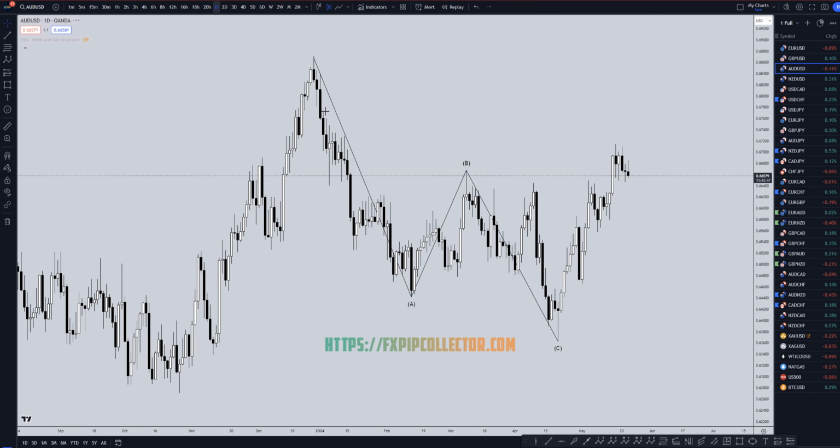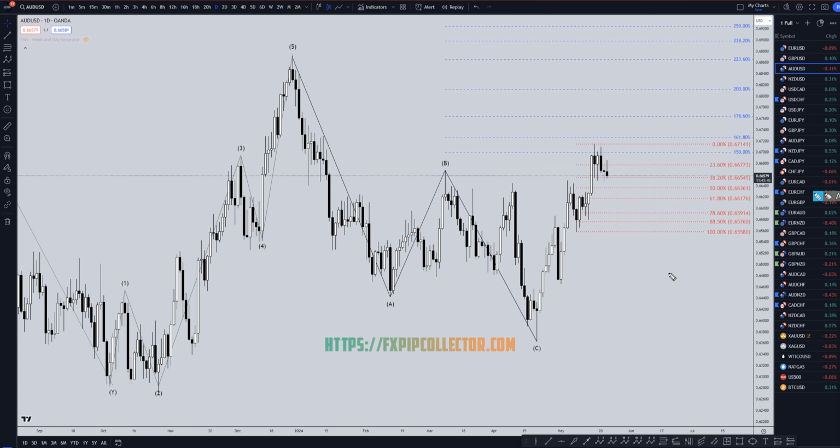Heading down to the daily time frame. On the daily time frame, we definitely do have 5 waves on the Aussie. And the US dollar definitely does have 5 waves too, so potentially it could actually end up making a correction to the whole move up. But as of right now, I'm definitely looking at this move down as just a correction to this last wave. I'm definitely looking at my Fibonacci retracement levels for more long entries for the continuation of this uptrend, since there's really no proof that this is over, and a lot of the other dollar pairs still look like they have more upside potential to finish off a wave 1 of what I believe is a wave 3.